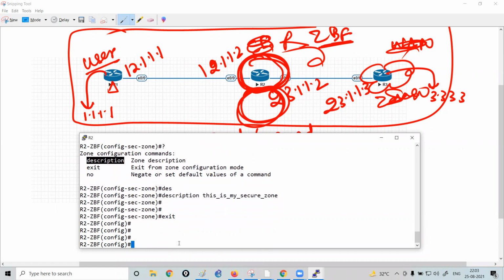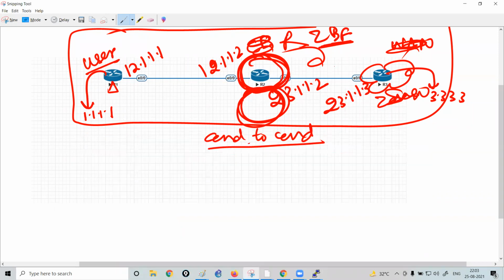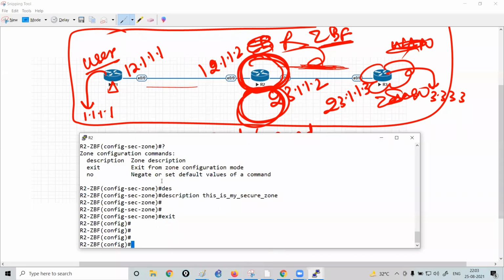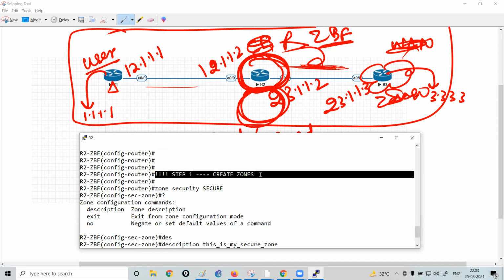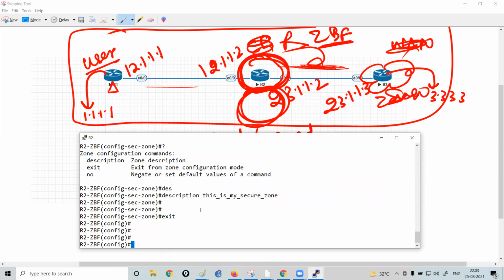Now I want this interface of the router which is connected with R3, this particular interface, to be configured as the insecure zone, while this one is the secure zone. Okay. So first of all, step 1 says that you have to configure the zones on the router. There is a secure zone which we have configured, and then we are having an insecure zone. So zone